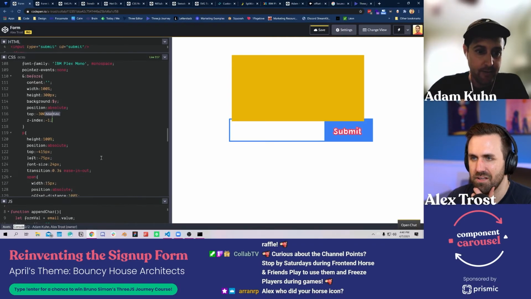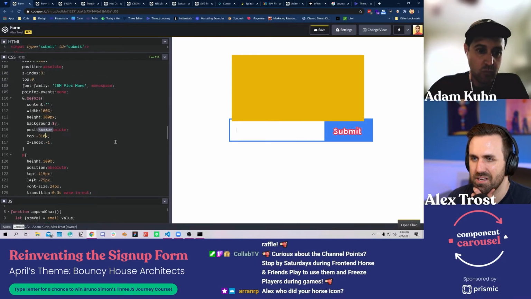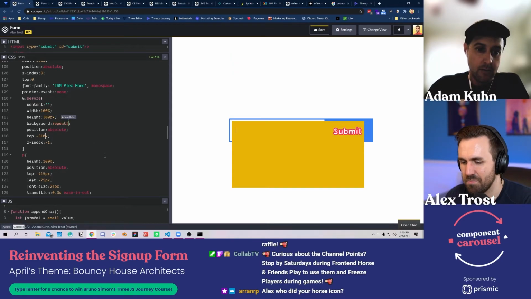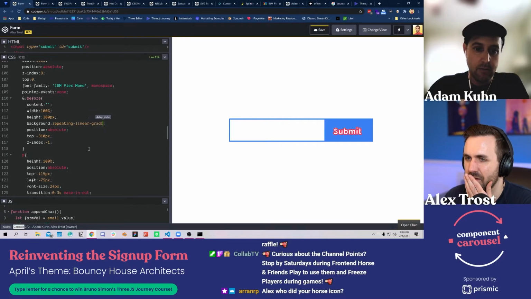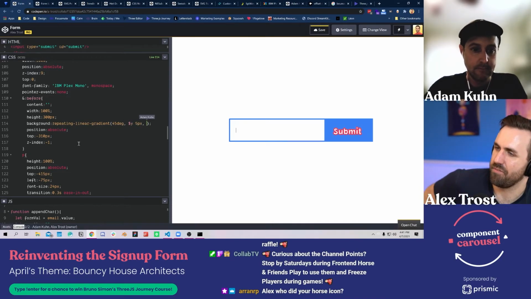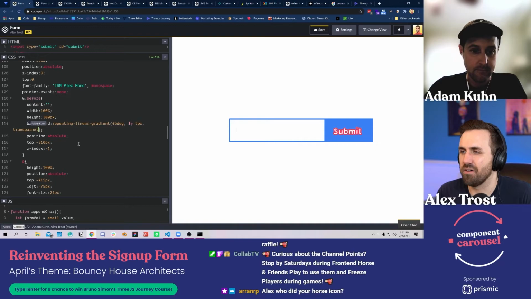That's the plan. Ultimately, I'll just put the px there. Repeating linear gradient, 45 degrees with yellow, 5 pixels.